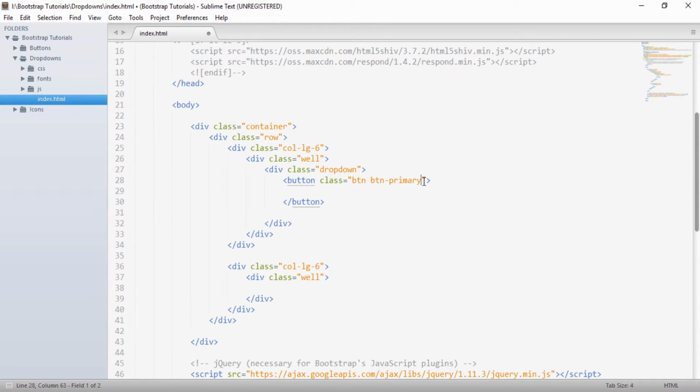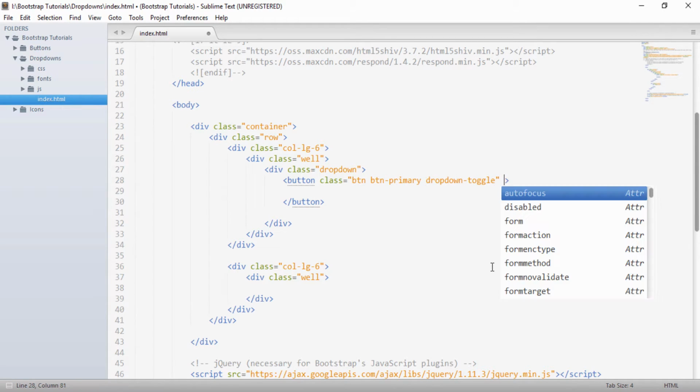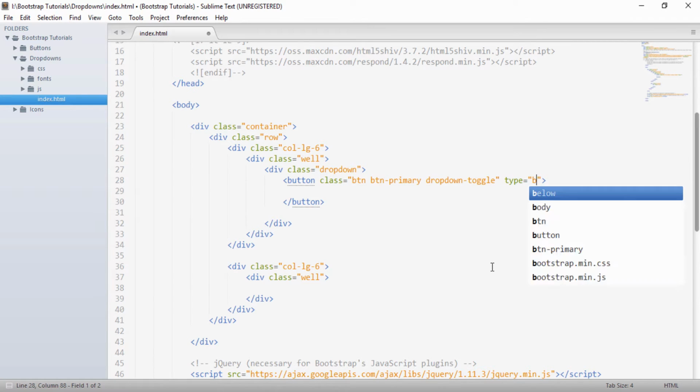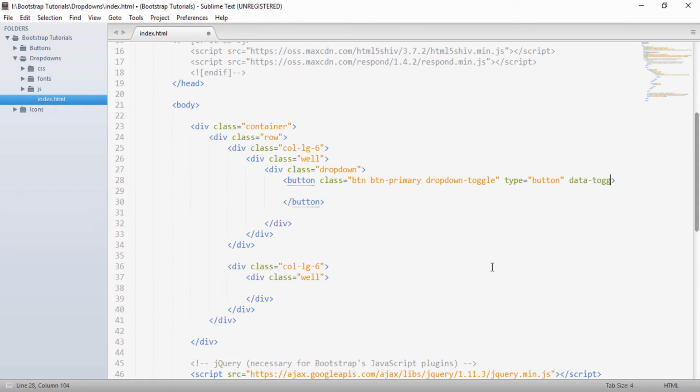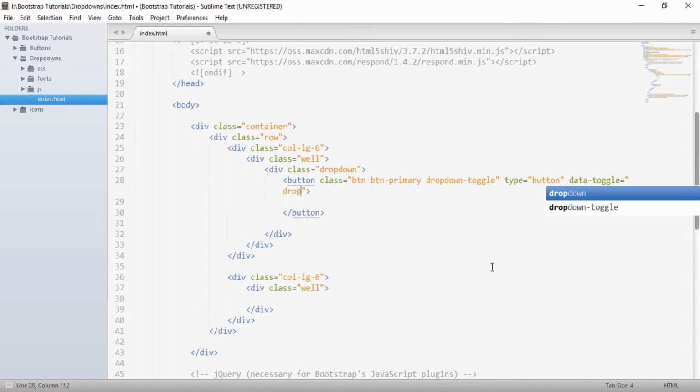As it is a toggleable button, we will give it a class of dropdown-toggle, a type of button, and one more attribute, data-toggle equals dropdown. Basically we are telling that the toggle is in the form of a drop down.